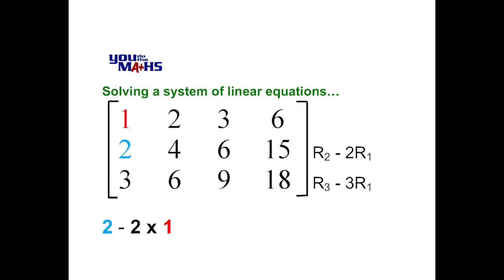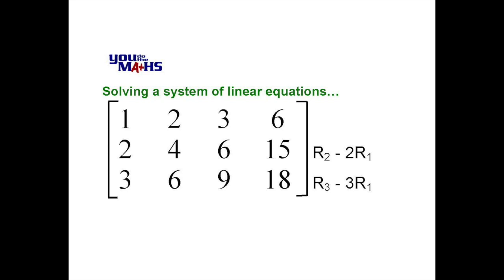And we see here we've got colours for the first entries of row 2 and row 1, in other words blue and red. And what we'll do to reduce the first entry of row 2 to 0 is go 2 minus 2 lots of 1. In other words, row 2 minus 2 lots of row 1, and we've put that instruction on the right hand side of the matrix. And likewise for row 3, to make that first entry a 0, what we'll do is we'll go 3 minus 3 lots of 1,